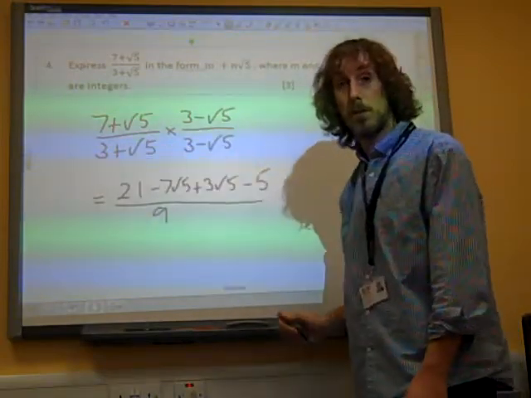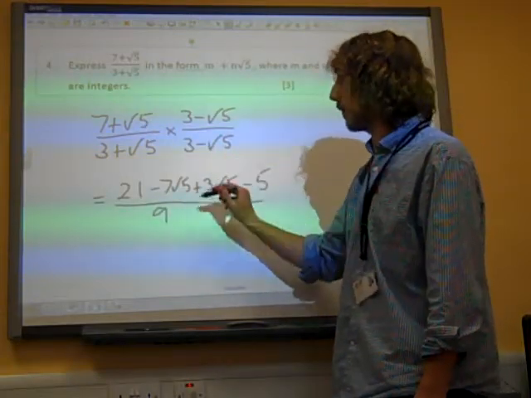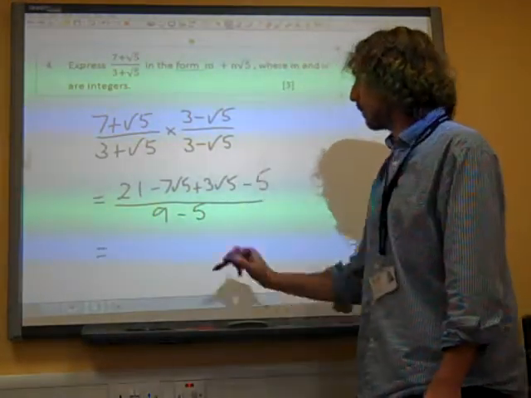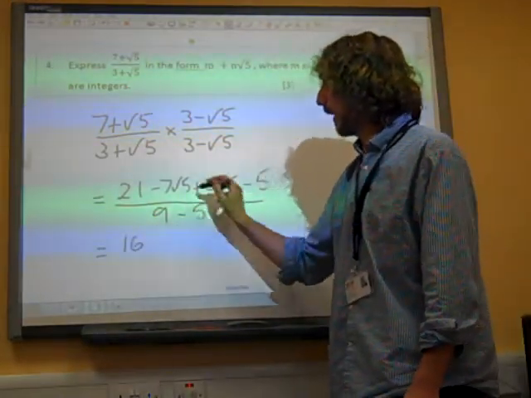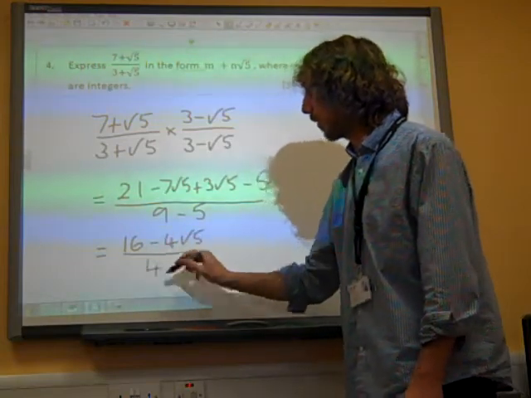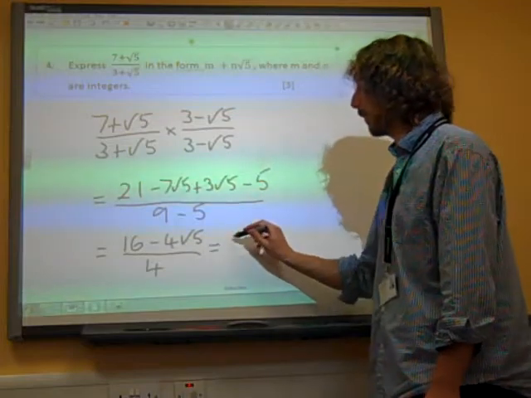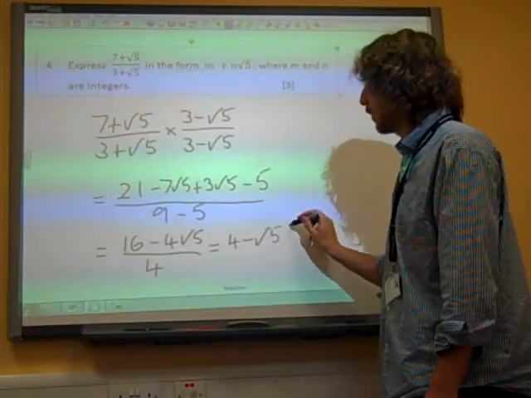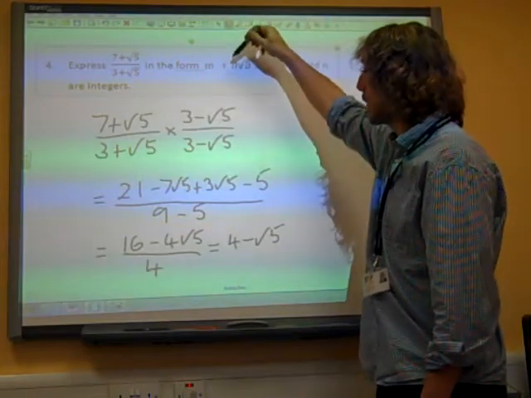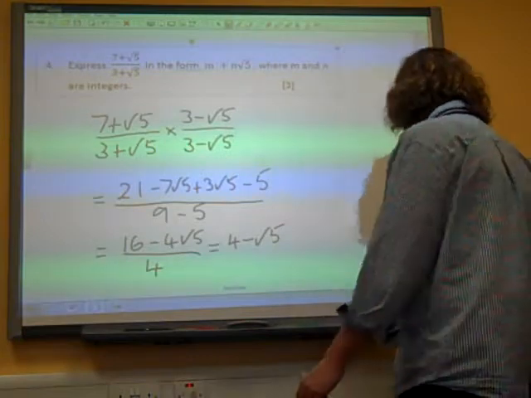Minus 3 root 5 plus 3 root 5, the difference of two squares, they cancel out. Minus root 5 times root 5 is minus 5. Giving us 16 and minus 4 root 5 on the top, 4 on the bottom. 4 is a common factor of top and bottom, so we end up with 4 minus root 5. And again, we've got it in the form a plus b root 5, with b being minus 1. And the final question,